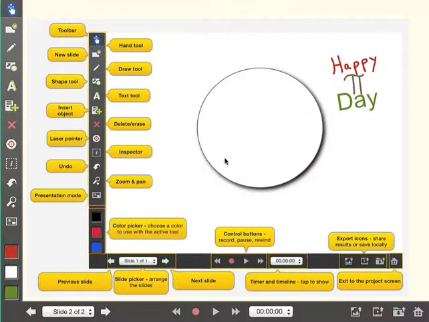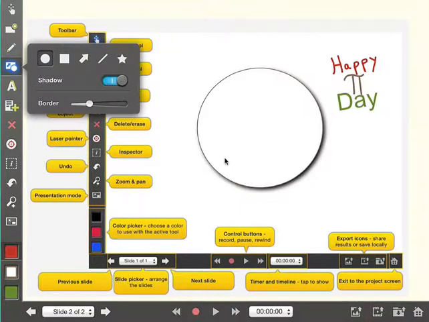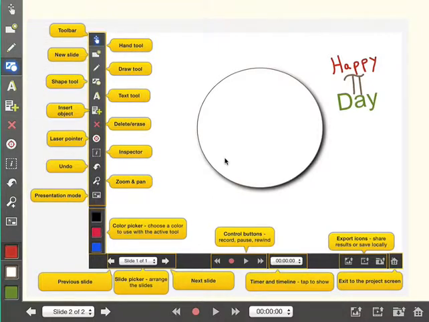Now I want a diameter that goes across the middle. So I need a line. This time I do want it to be red, so I'll tap the red color in the bottom. So you're choosing them like paint colors, and you can change them anytime you want. I'm going to tap and hold on the shape. I'm going to choose line. I'm going to tap shape again to make that box go away, but I'm in shape mode with red, so I should be able to tap and draw a red line, and it doesn't quite fit the circumference,